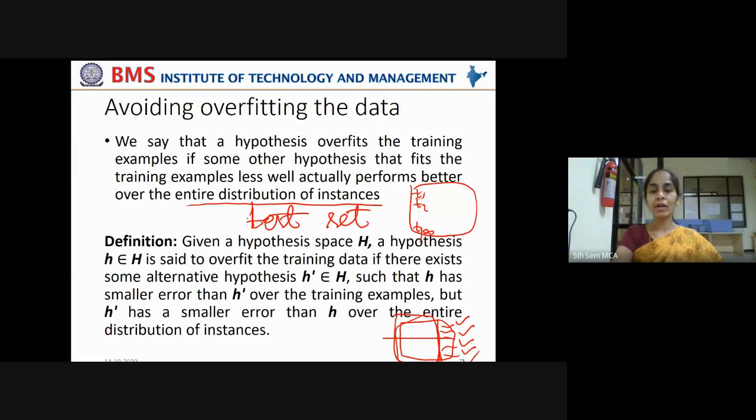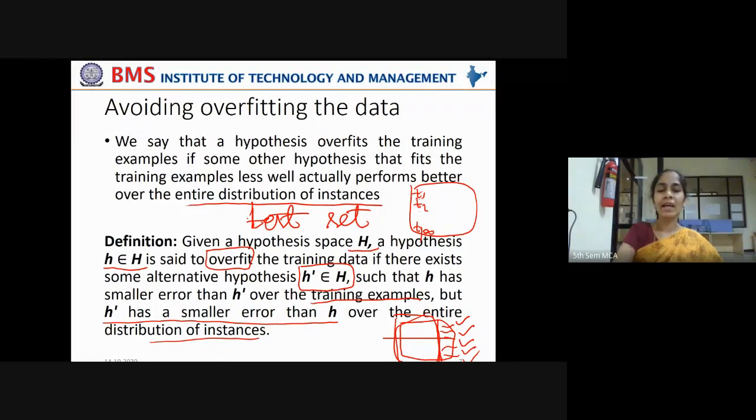Okay, now let us see the definition first. Given a hypothesis space H, understand carefully, a hypothesis h belongs to H is said to overfit the training data if there exists some alternative hypothesis h dash belongs to H such that h has smaller error than h dash over the training examples, okay, but h dash has a smaller error than h over the entire distribution of instances.